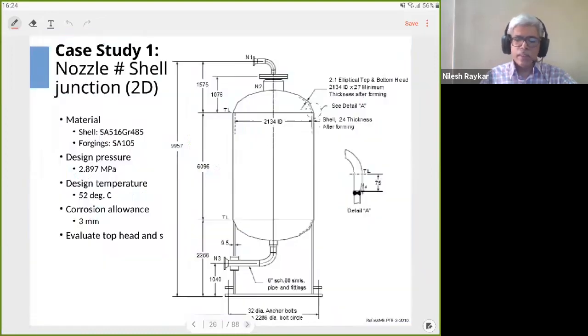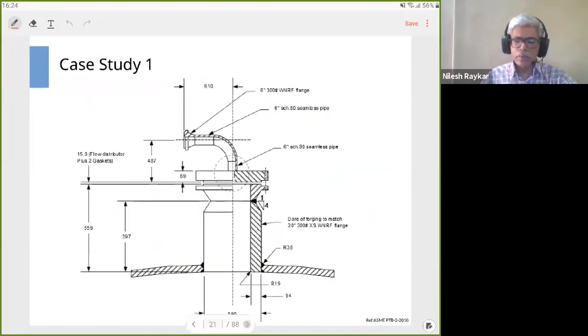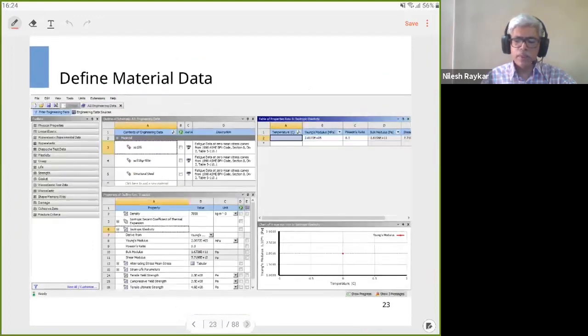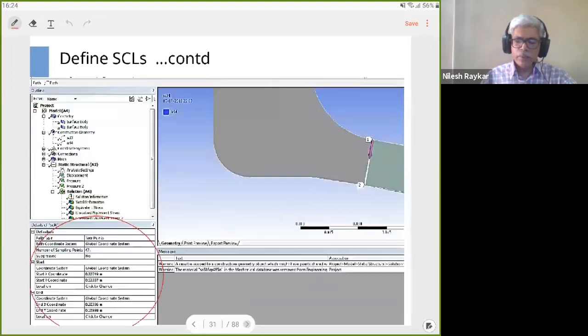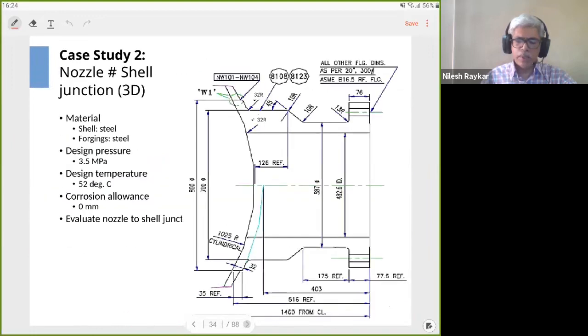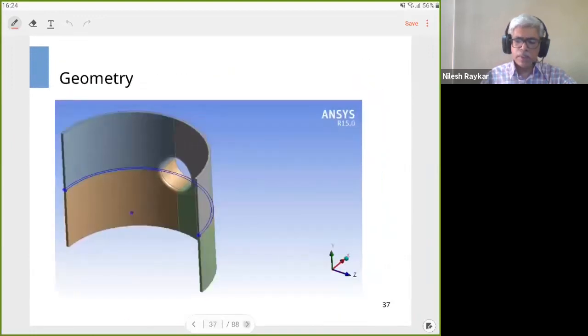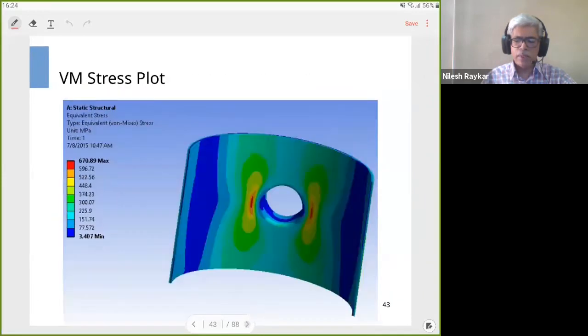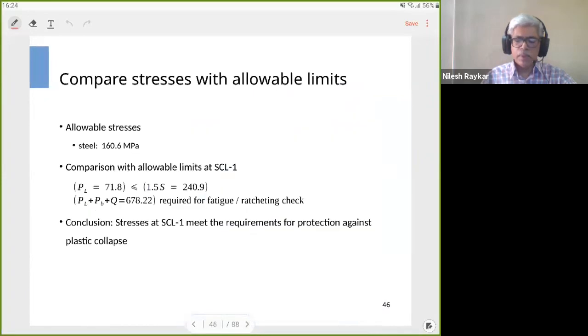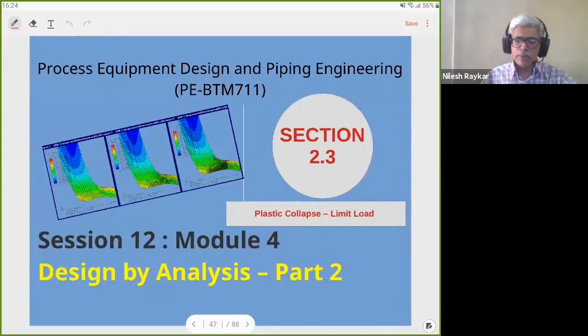Next, we are considering, okay, this is a case study. So the case study takes you through an actual case. So I think it is explained in the video. So I'm not going through it here. So the analysis, if it is 2-dimensional or 3-dimensional, will require more or less similar approaches.